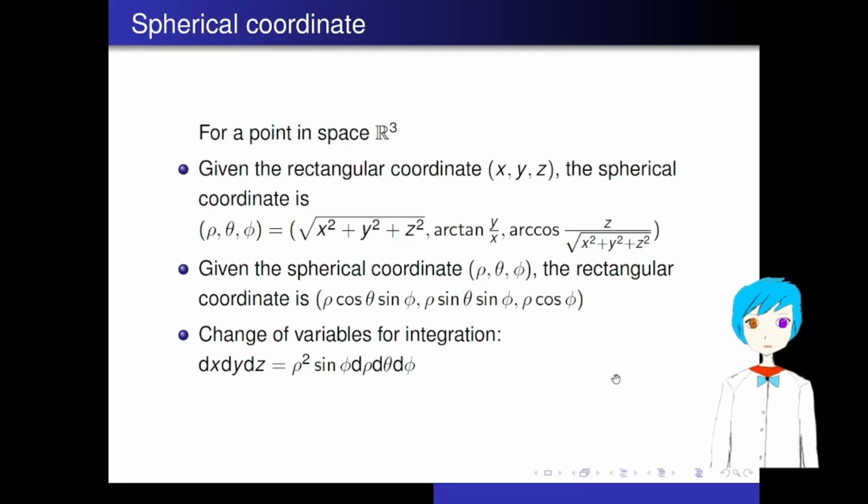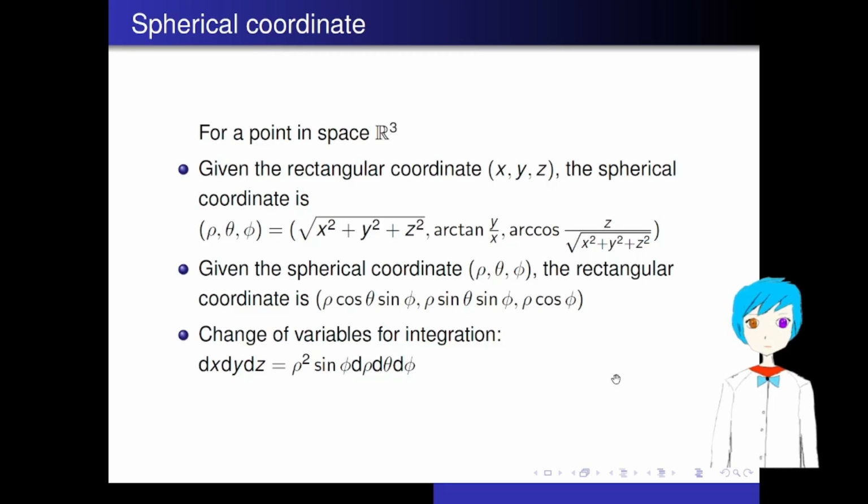Then we talk about the spherical coordinates. For the spherical coordinates, we need to transform all three variables x, y, and z. For a point in space R cubed, given the rectangular coordinates x, y, z, the spherical coordinates rho, theta, phi are defined as the square root of x squared plus y squared plus z squared for rho, which is the distance